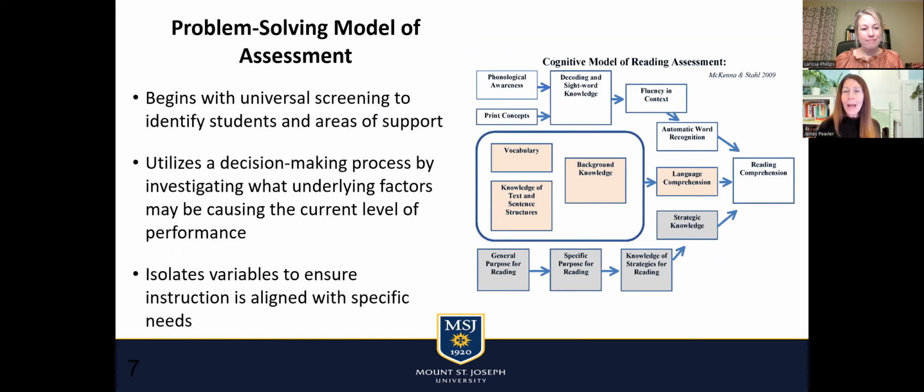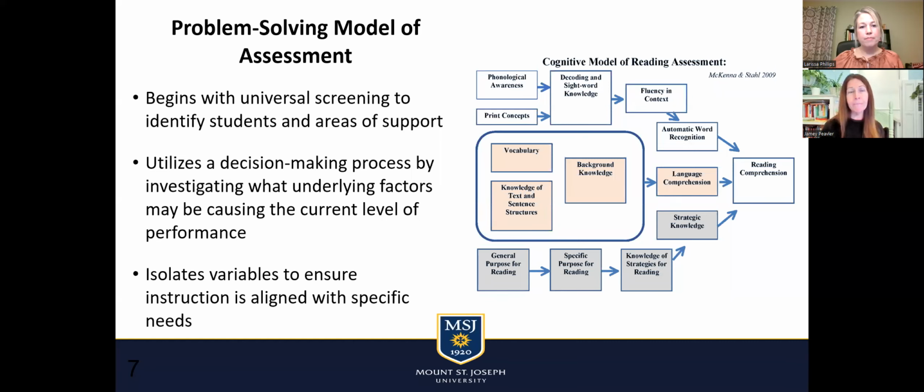So when we think about mastery and we think about assessing, one of the frameworks that I really like, just in terms of illustrating this process, is McKenna and Stahl's cognitive model. And what you're seeing here on the screen is really the way that some skills progress in a very linear and sequential fashion, some don't. But when we want to identify what students are having difficulty with, we often don't know the answer from the single data point that we have. We often have to do some work to pinpoint where the deficits could be